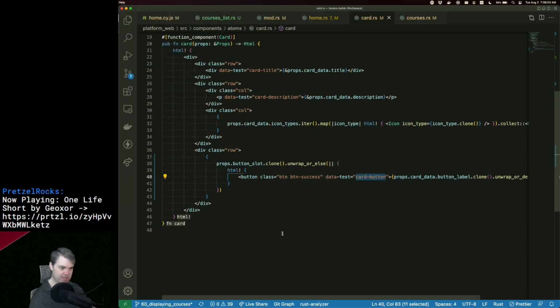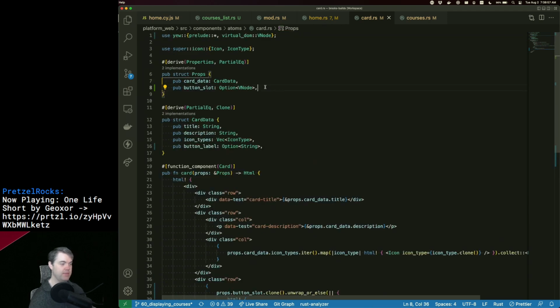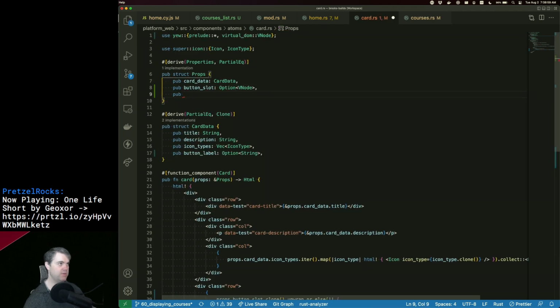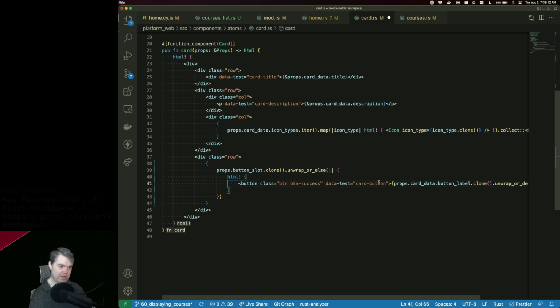Okay, so I want pub disabled to be an option with a boolean. So in our or else for this button, we will have a